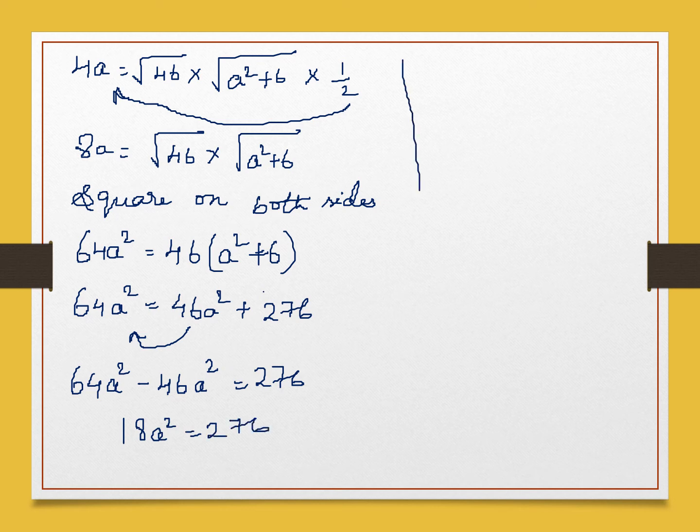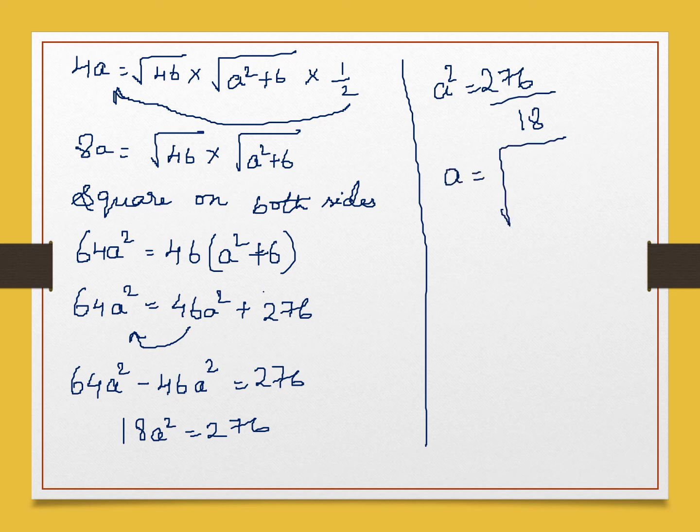So I am just dividing it. So a square will be 276 by 18. We need to determine a. So a is the root of 276 by 18. We can simplify it by dividing both by 6. 276 will become 46 and 18 will become 3. So we will get the answer a is equal to